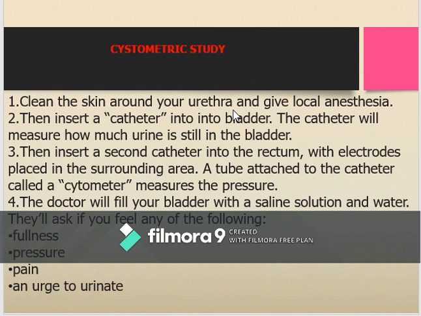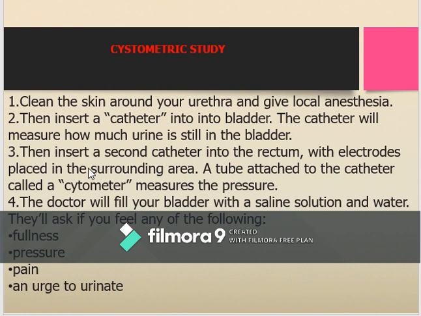Same as you do for perineal care when a patient is catheterized. So you have to clean the skin around the urethral meatus, the external urethral meatus, and then insert a catheter into the bladder of the patient. So why are we catheterizing? You already know that the patient is not able to void fully. He will still have the feeling that urine is being retained inside the bladder. So by inserting a catheter, we can measure the amount of urine present inside the bladder.